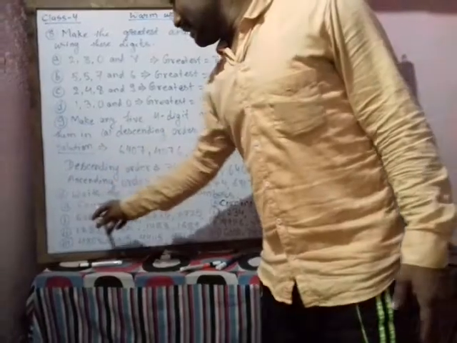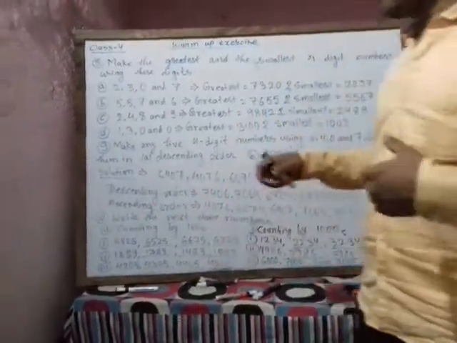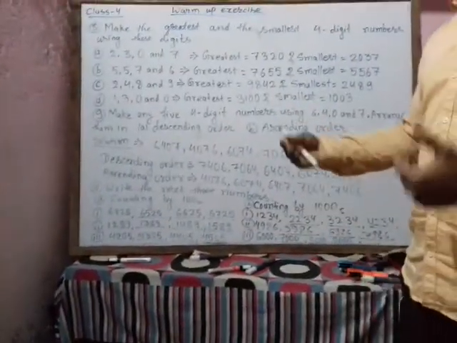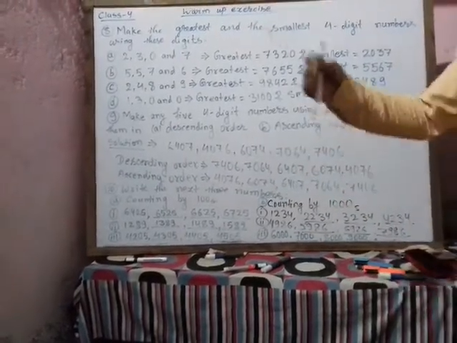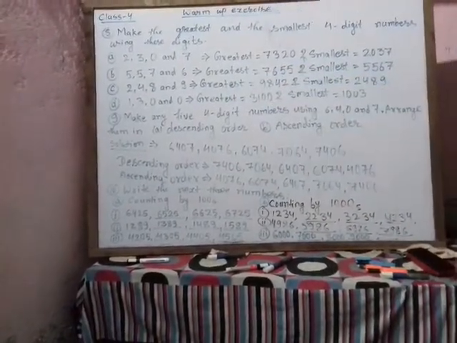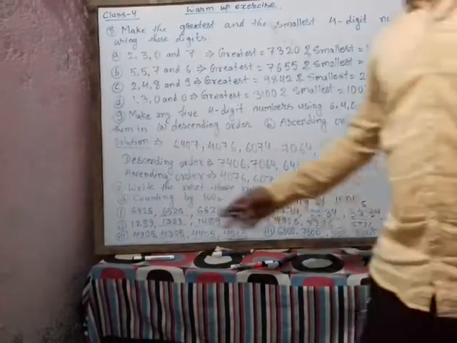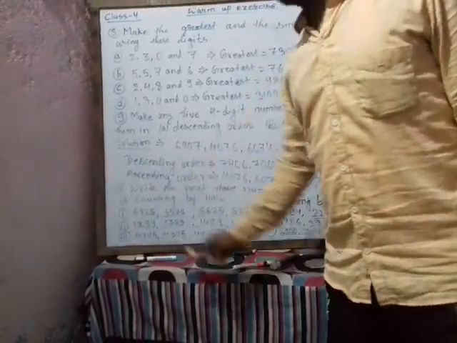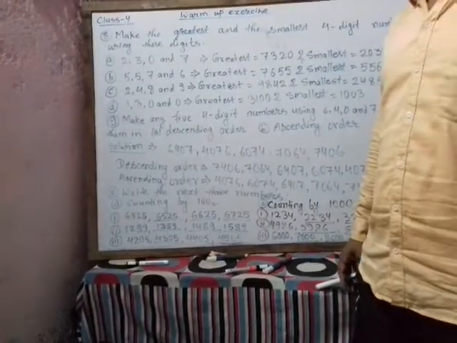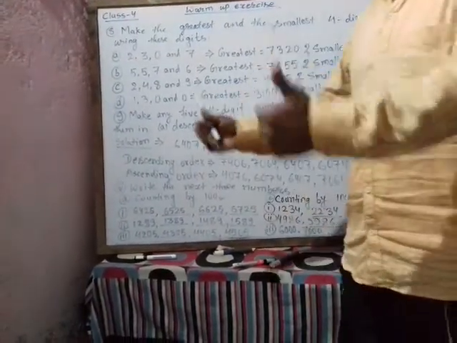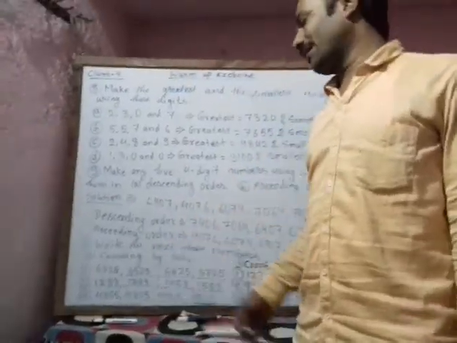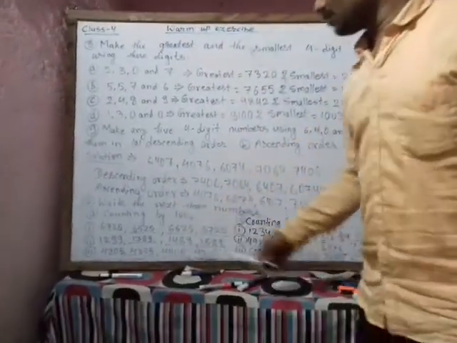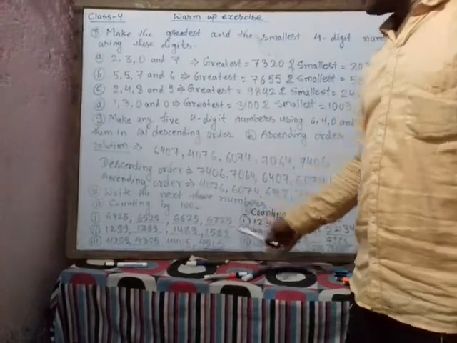Below the question there is counting by hundreds. That means we have to increase hundreds. Counting by 100 means 100 should be increased. So with that, what I did, 6425, 100 increased. Counting by 100 means 100 more we will go, and in place of 100, 1 will be increased, that is 6525. Again 6625, and then after 6725.